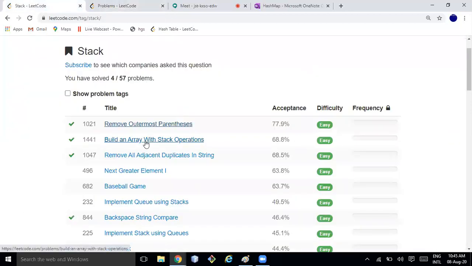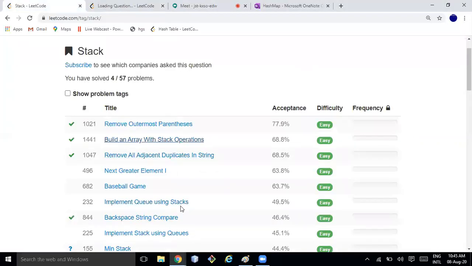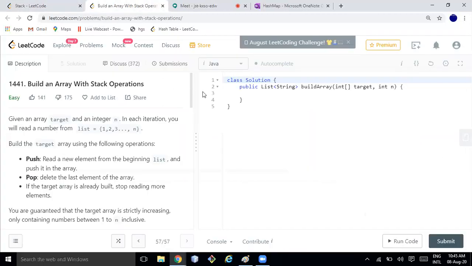Build an array with stack operation. If you are solving stack problems, always think about how we can use stack to solve the problem. Here the problem says, given an array target and an integer n, in each iteration you will read a number from the list 1, 2, 3 to n.